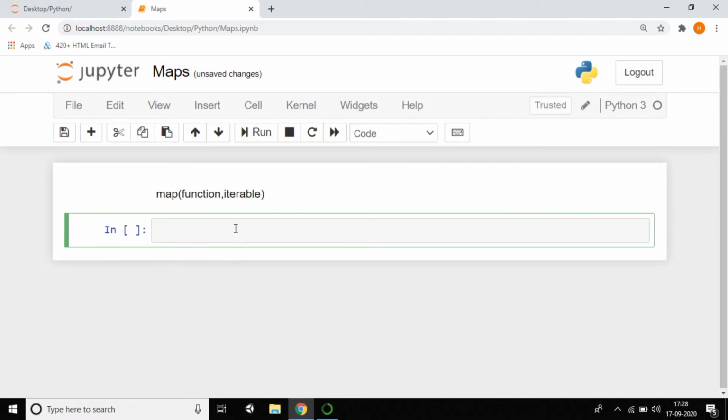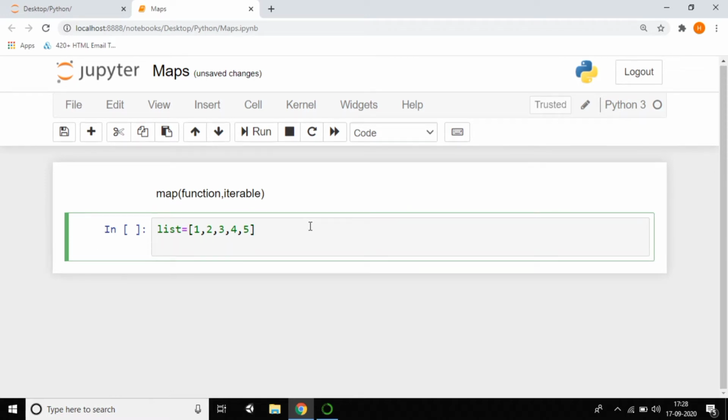So now where can we use this map? Before explaining that, I'll explain one scenario. I'll create a list with some items: 1, 2, 4, 5. Here I want the square of the items. Can we do it without using a for loop, if, or while loop, whatever it may be? Without using any loops, I want the square of the list of items. Is it possible? Has anyone tried this? I want to know that.